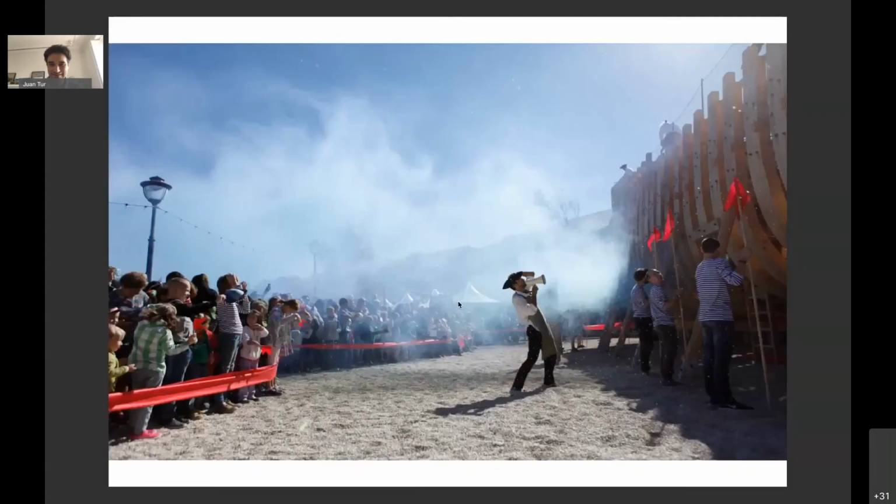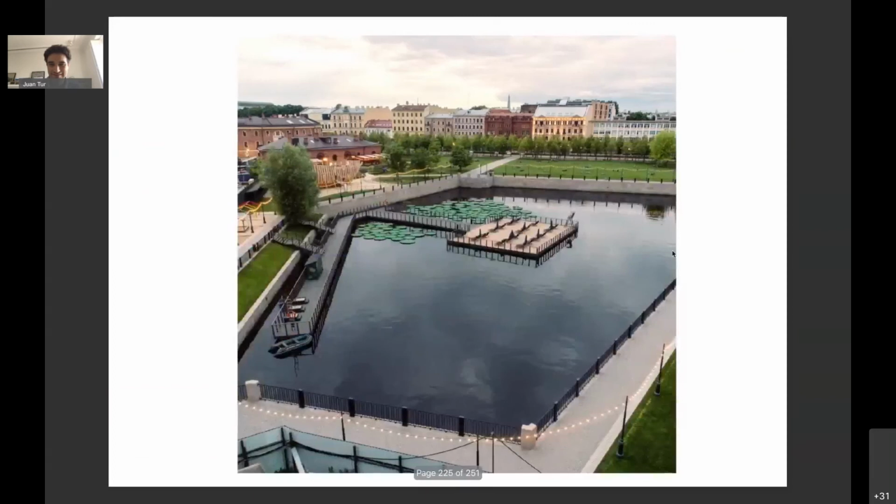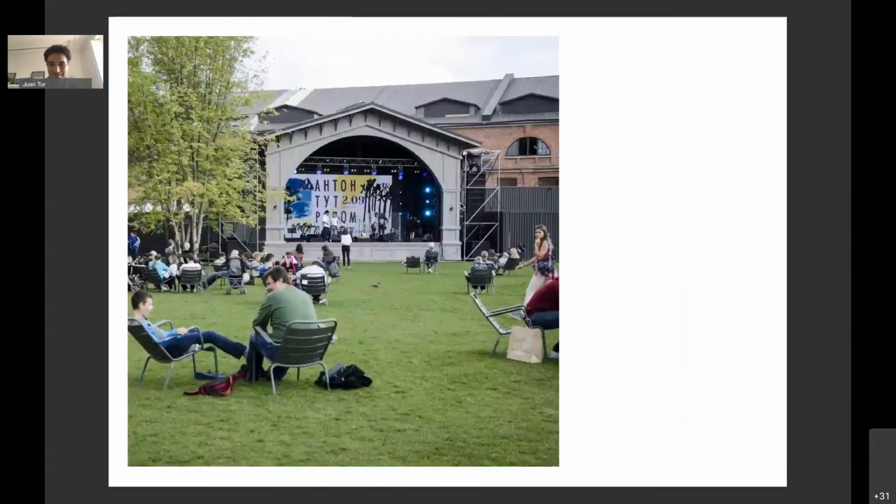And they also make theaters on the boat, as if it was pirates conquering, attacking the boat. And for the basin, they have not yet built the tribune that we had in the project. They are building some floating structures. Some years ago they made a beach in the middle of the pond of the basin, with umbrellas and hammocks, and this art piece, a lily pond, water lilies, sorry, and the stage where they make concerts